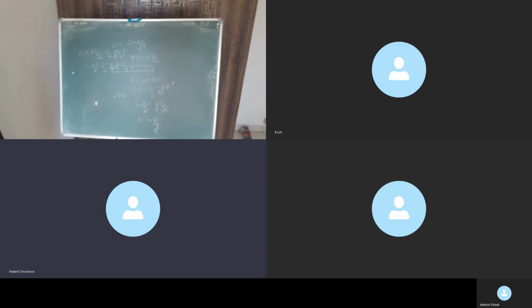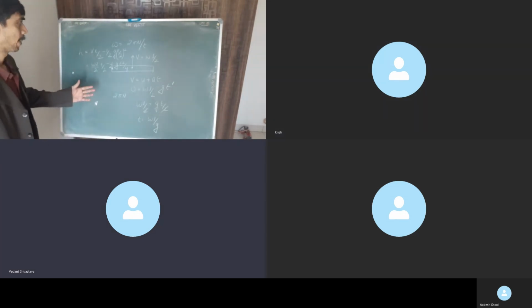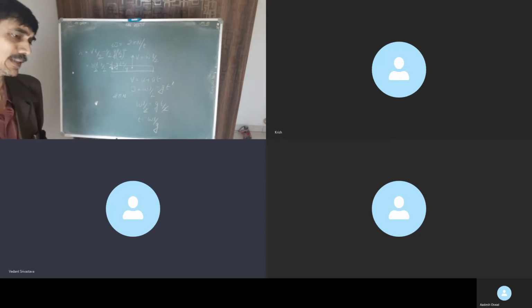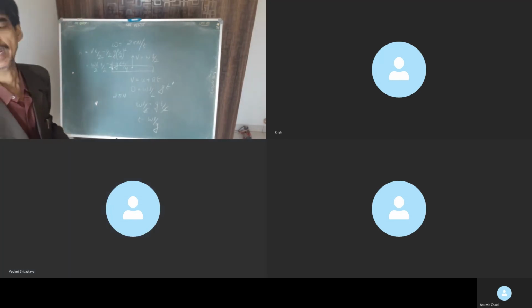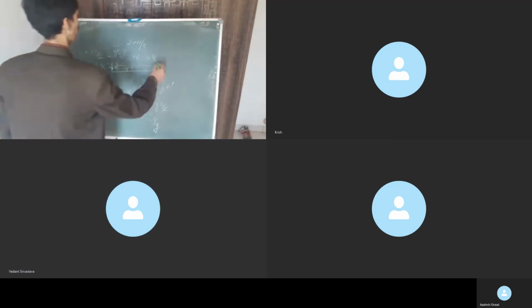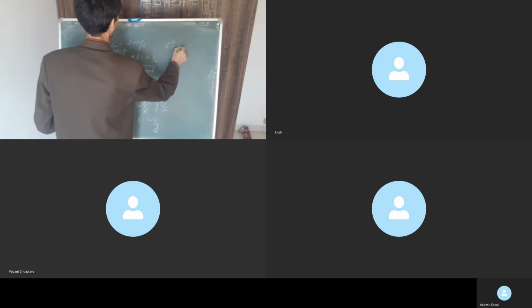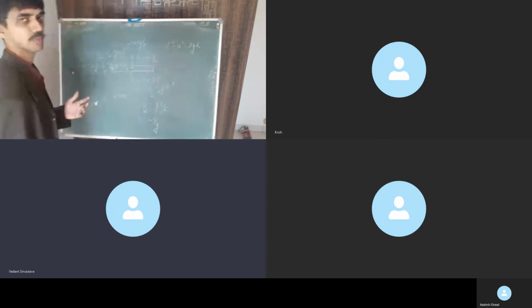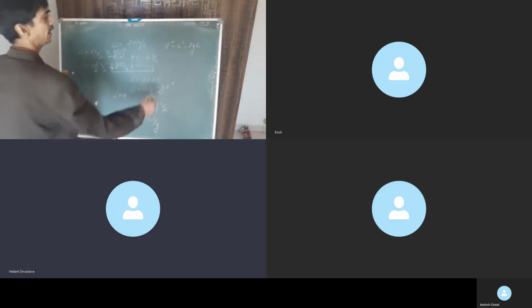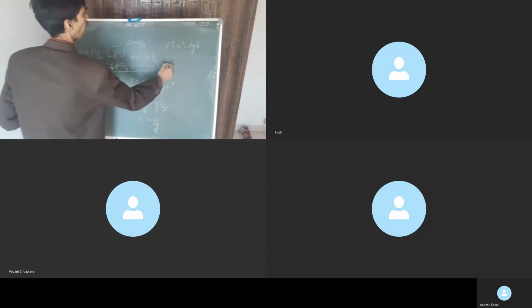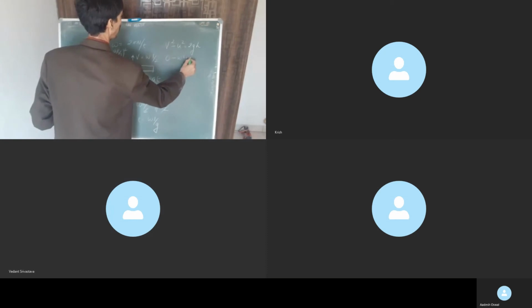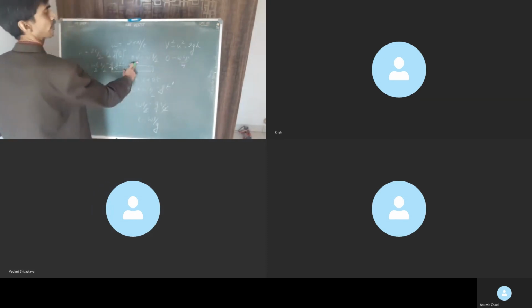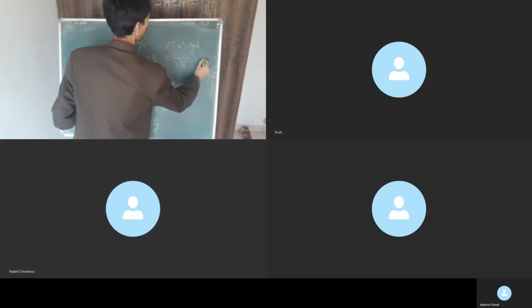So Adesh is asking, can we use directly h equals u square by 2g? Yes, you can. V square minus u square, right? If you want to use that, you can use it. That will be easier, by the way. V square minus u square is equal to 2gh, correct? So v final is 0. U is omega square L square by 4, correct? Is equal to minus of 2g into h. You know why minus, correct?